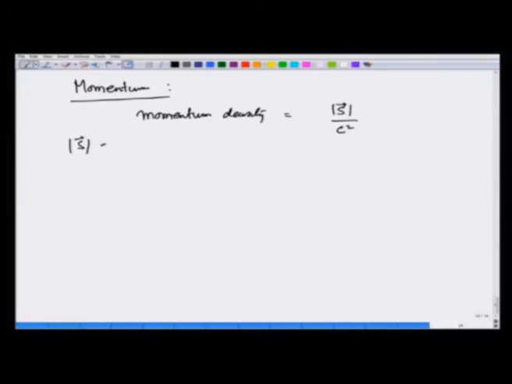Modulus of S, this is nothing but energy, M L square T minus 3 per unit area per unit time, which then becomes equal to momentum density, M L T minus 1 over